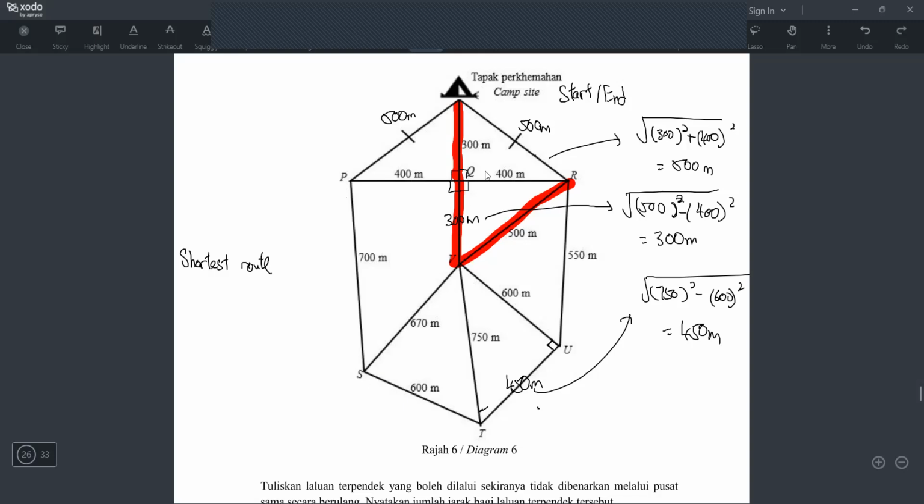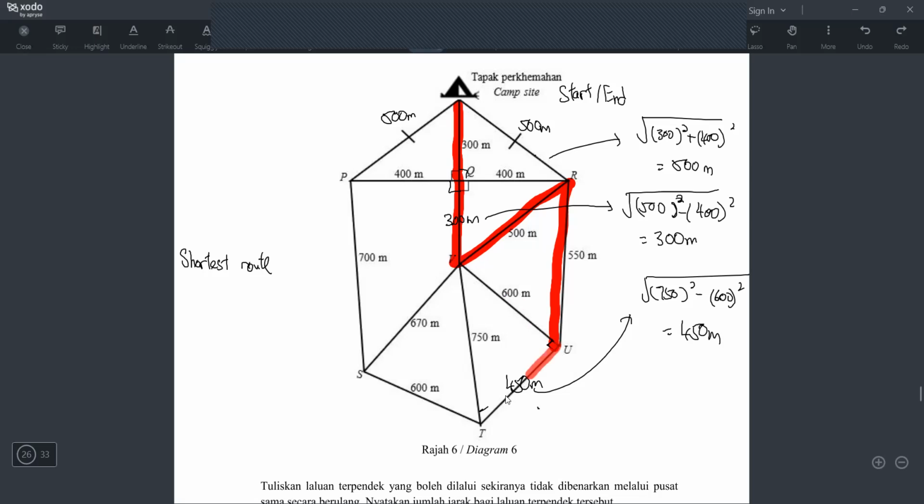So I think the safest one is, to make sure I pass through all the stations, I have to go R like that. And since this one also is the smallest value out of the four, right? And then I think now we cannot choose already. After now you cannot choose. You have to just go to U already. And after U, I don't think you can go here because it will pass through station V twice.